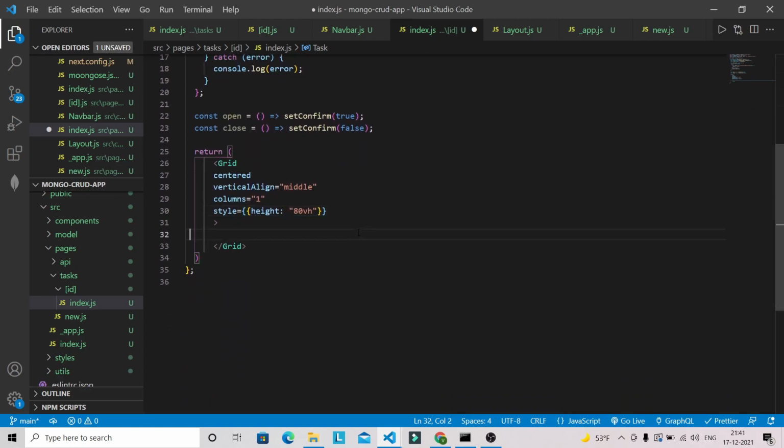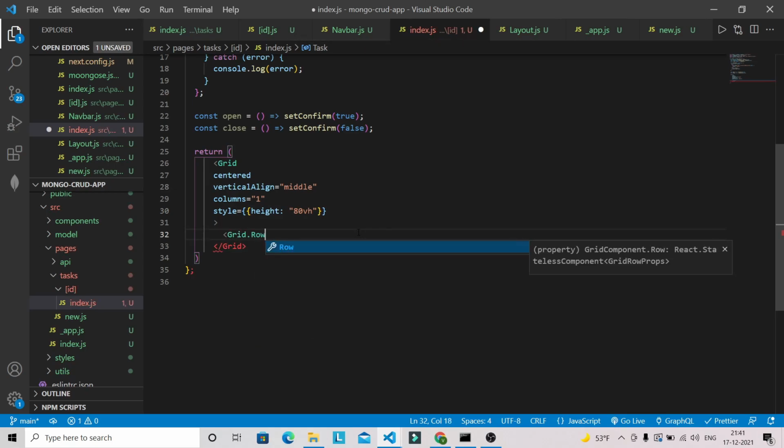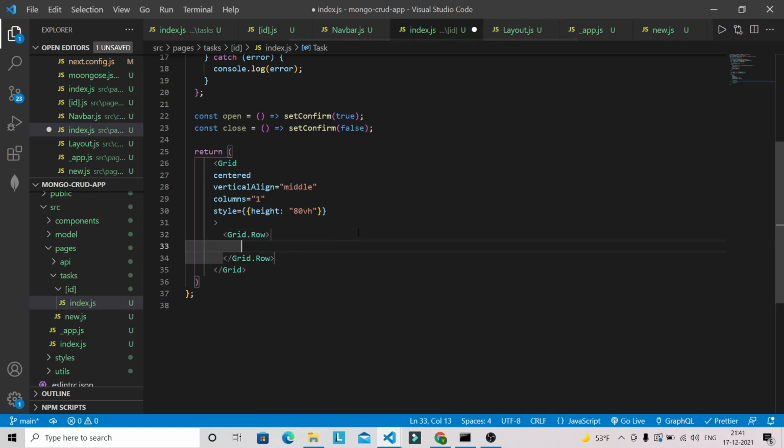Inside this grid we are going to have a grid row, and inside this grid row we are going to have a grid column, so Grid.Column.